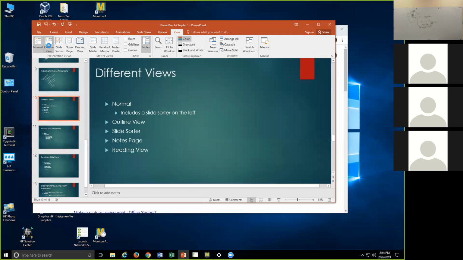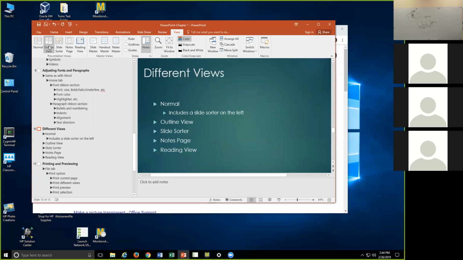Now, I can go to outline view. The cool thing in outline view is if you're putting a lot of information in and you just want to type it, I can just go here and add. Notice I'm just typing it over on the left side in the outline section, and it immediately becomes part of my slide. If I hit return and I want to start a new slide,